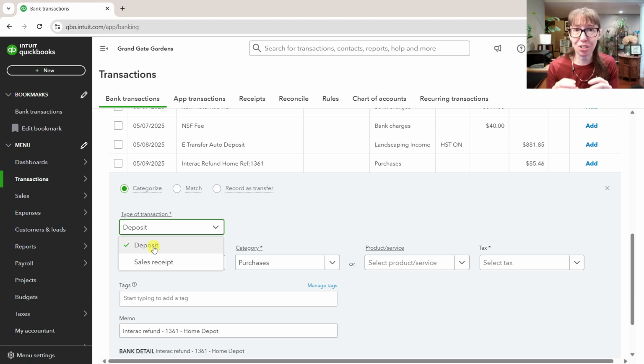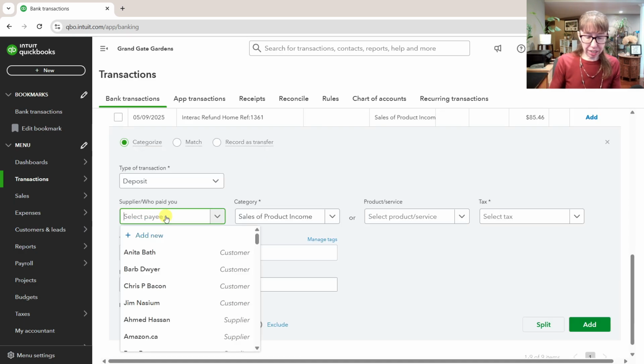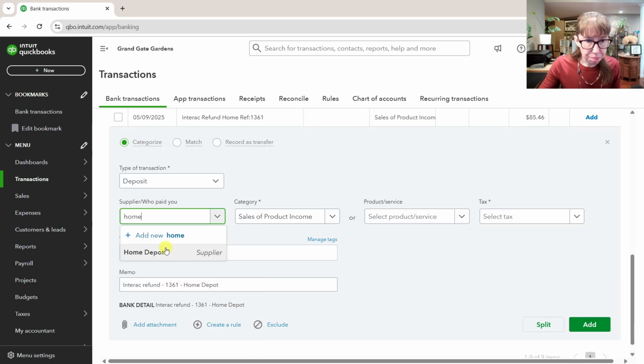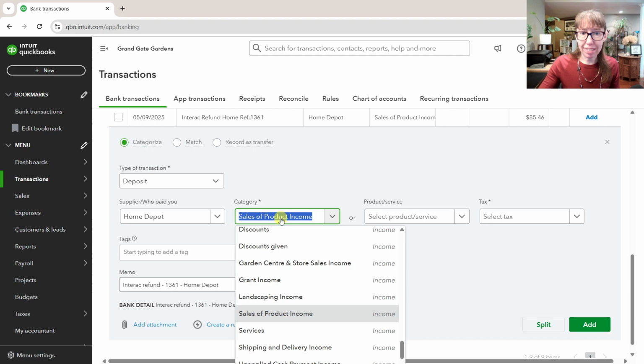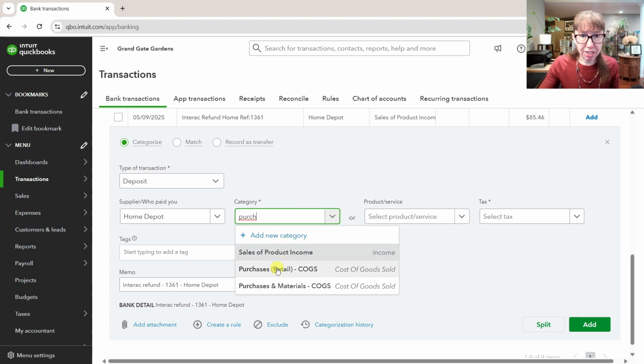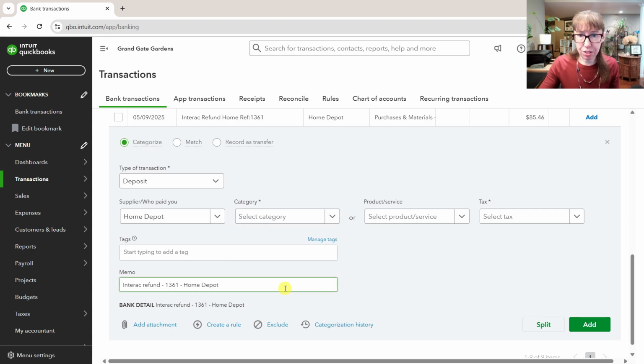I call this entering transactions from the bank feed the shortcut way, because it's nice and small, and it's already got a lot of the information in there for us. So we're going to say that this is a deposit. It is Home Depot and not sales of product income. QuickBooks thinks it's that because it's defaulted to deposit, but it's actually purchases, materials, cost of goods sold, and